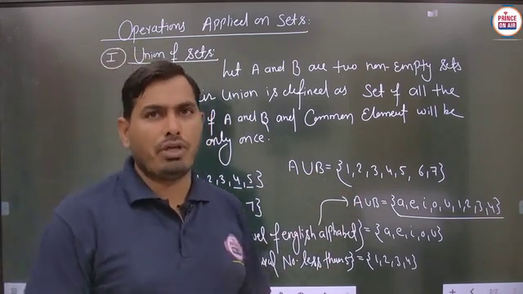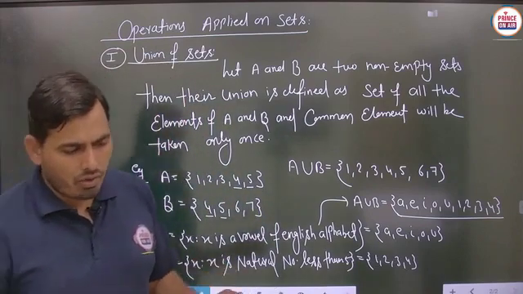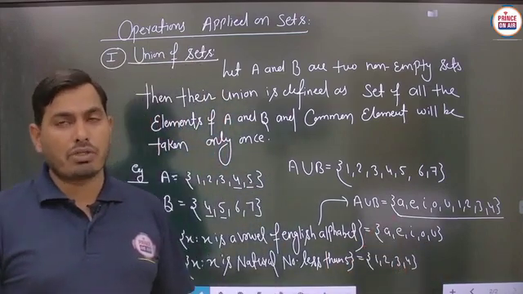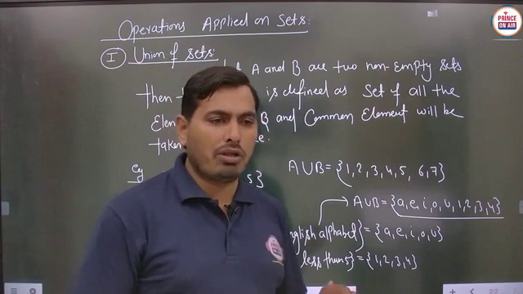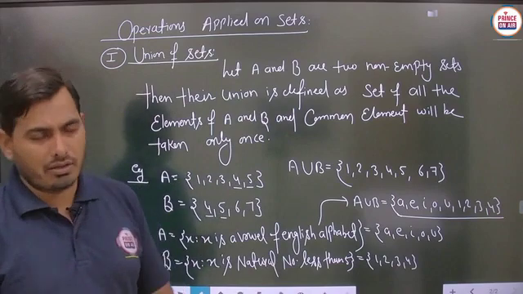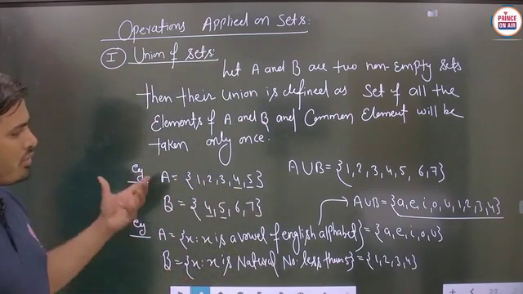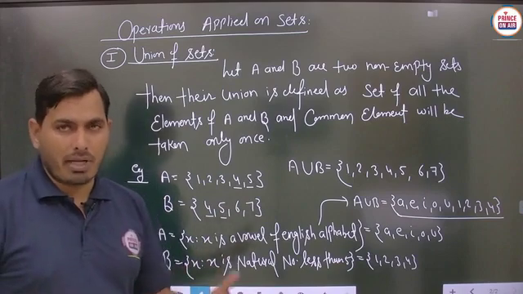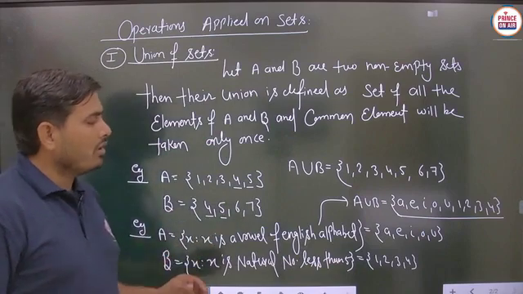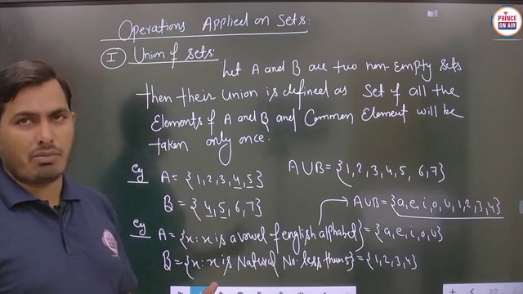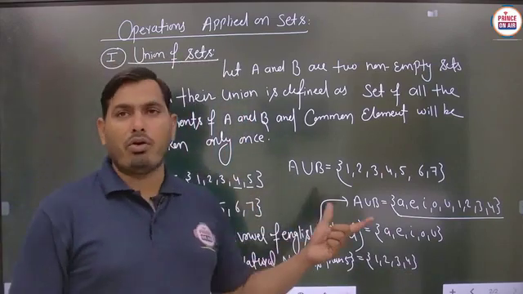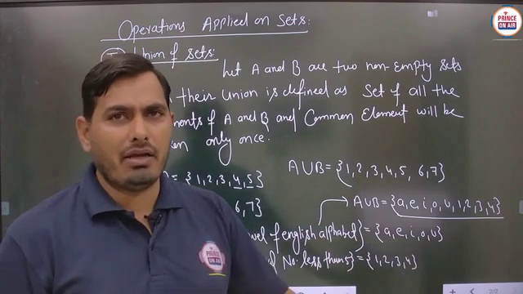So in the case of union, we are taking all the elements of sets A and B, or suppose sometimes more than two sets are there, then student we have to join all the elements. Is it to be clear? Means all the elements of A, B and C we have to take here. Sometimes in examples only two sets are there, but sometimes more than two sets are also there. Then if we are taking the union of three sets, suppose A, B and C, then A union B union C will be defined as all the elements of set A, set B and set C. Is it to be clear?